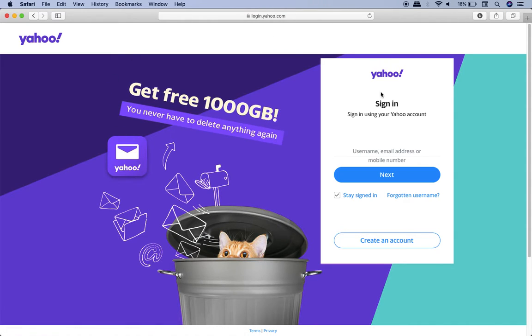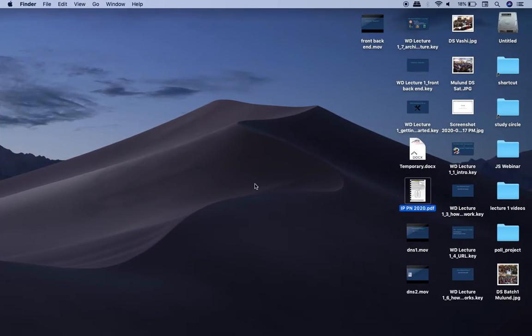This particular web page which you see, with whom you are going to interact, I will say this is the presentation tier of the Yahoo Mail. Now this presentation tier is normally coded in, come on, you tell me which languages? Yes, the presentation tier is normally coded in HTML, CSS and JavaScript. So I can also say that this presentation tier is nothing but the front end of every website.